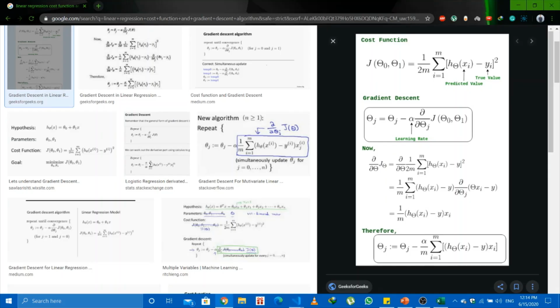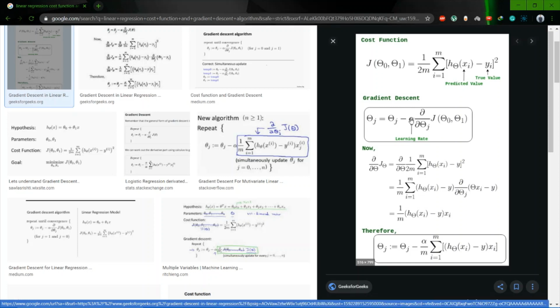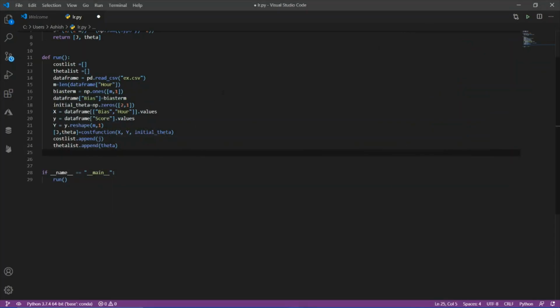Now if you check the gradient descent algorithm, we're going to need alpha, which is the learning rate. So let's define alpha equals, let's say, 0.01 and number of iteration equals 1500. Now I will call my gradient descent function.